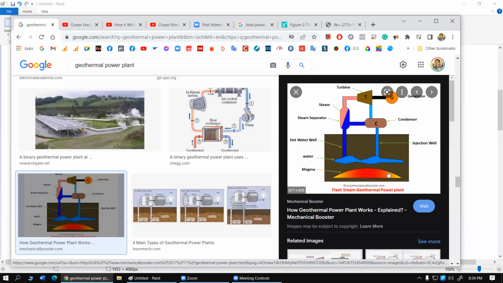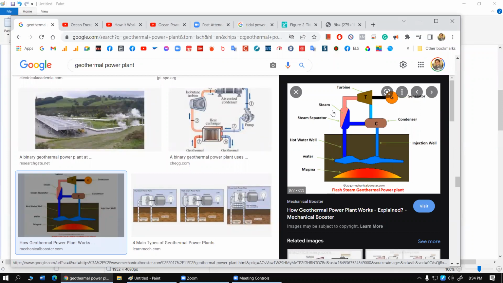So as long as this heat source is available to us, this device is going to keep on working, and obviously the turbine is going to feed energy to the generator. So as long as this heat source is available, this device is going to keep on working forever. This is what we define as the geothermal energy source. Once again,